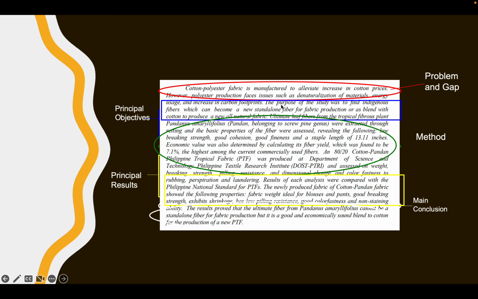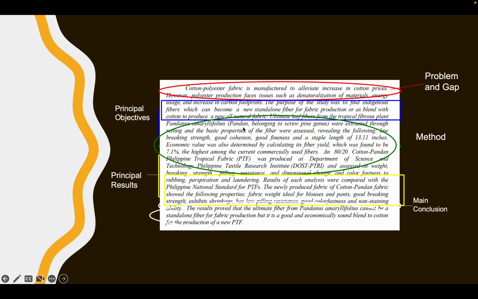So, what is the objective? The purpose of the study was to find indigenous fibers which can become a new standalone fiber for fabric production or as blend with cotton to produce a new all-natural fabric. Next one is the method. Giunsa nila pagbuhat. So, ultimately, leaf fibers from the tropical fibrous plant Pandanus